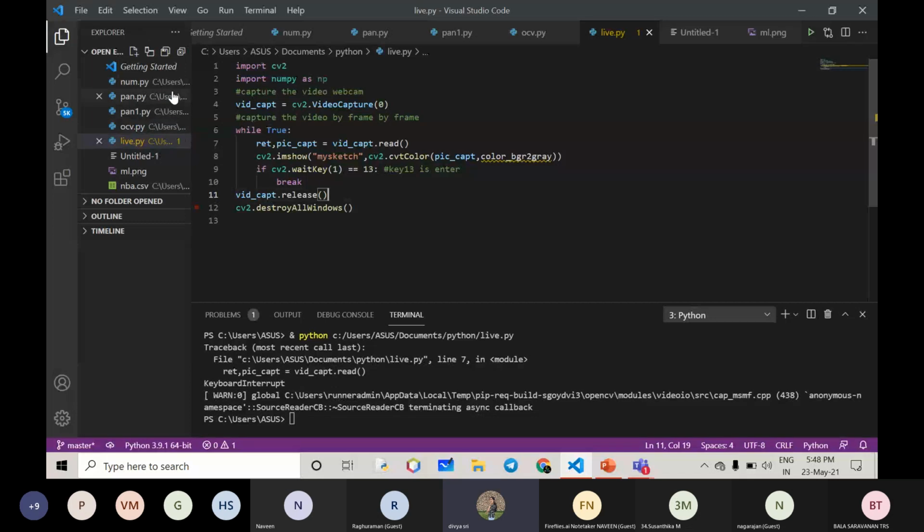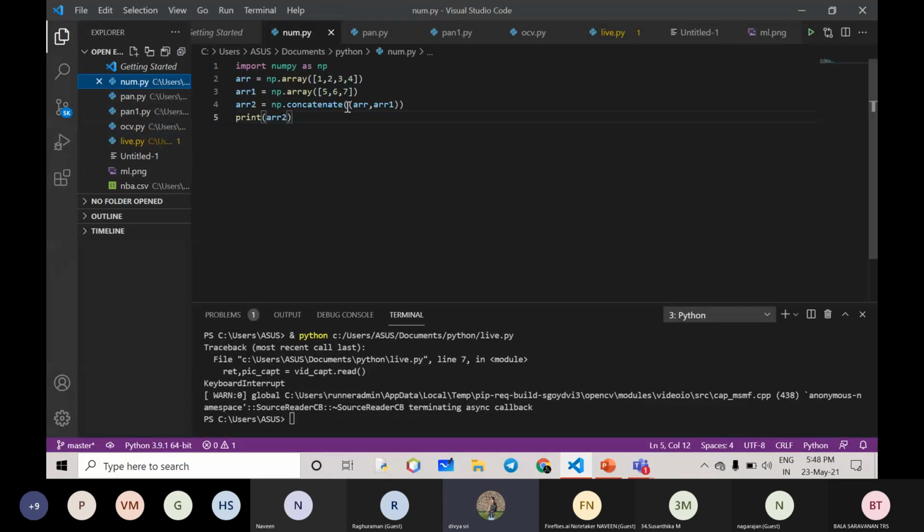So let me give a gist about what I have taught today. So first we installed NumPy. Whenever you are using, just use Visual Studio Code or Sublime Text Editor. Any programming language it will be supporting. So here I just used Python. OpenCV is all about Python. If you know basics of Python, you can just start your computer vision journey.